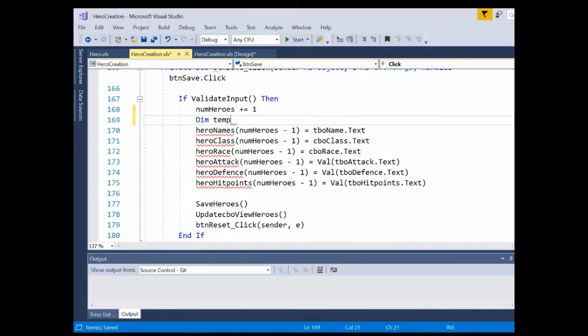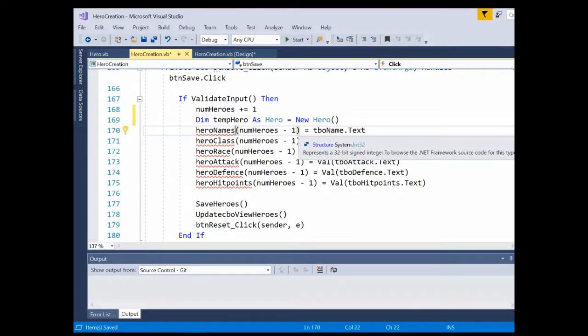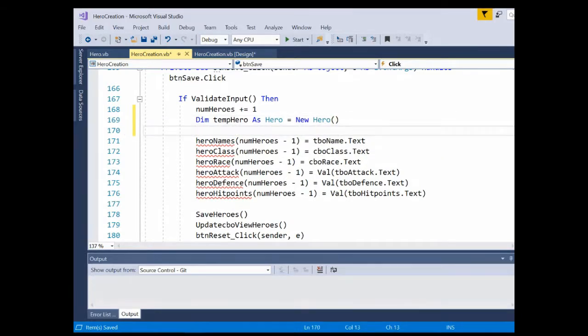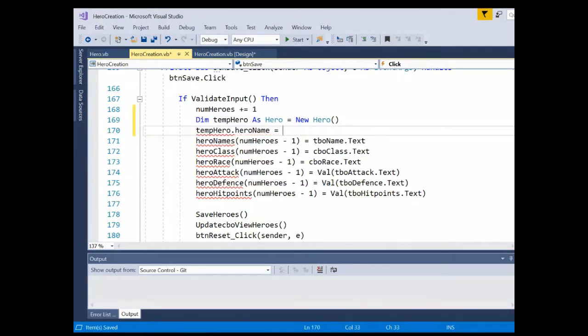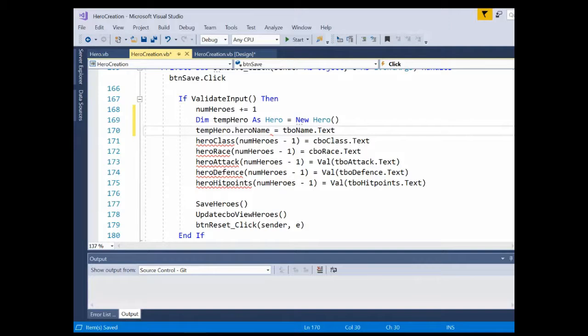Dim temp hero as new hero, and then each of these will be, I'm just thinking, is there a better way to do this? No, this is fine, good enough. It's going to be a lot of typing. Hero dot hero names equals all this. So I might as well just delete this part of the code, and this will be